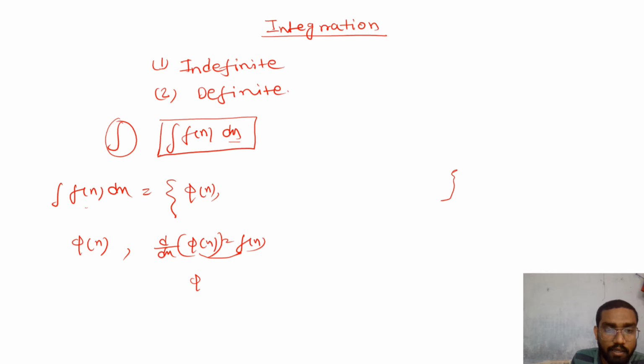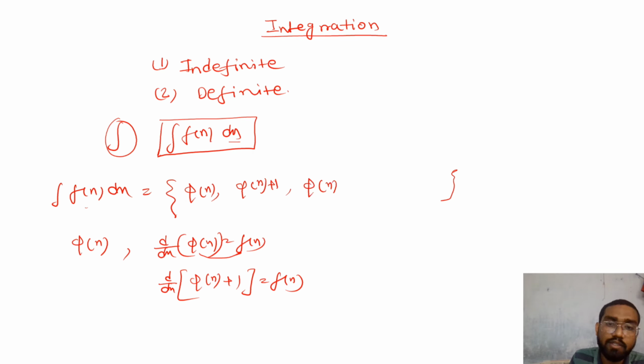Again, let us take another function phi of x plus 1, then d/dx of phi x plus 1 is f of x, so phi of x plus 1 also belongs to this set. Again, phi of x plus 2 belongs to this set, and